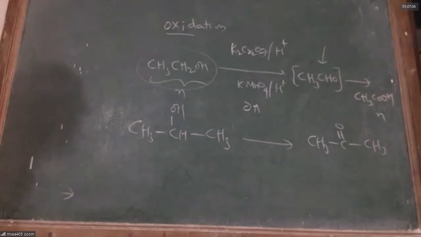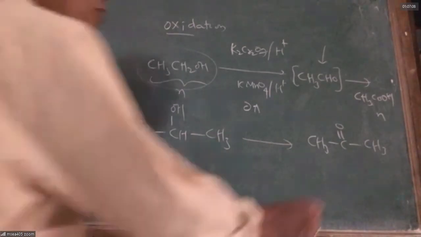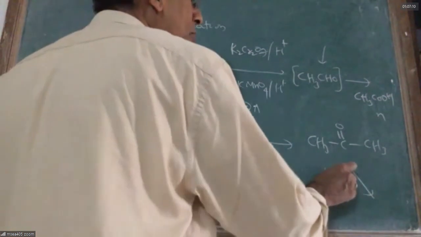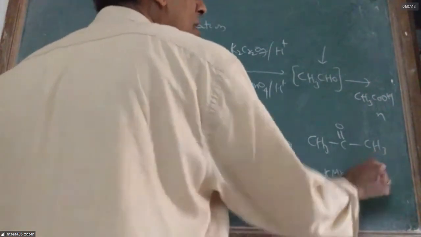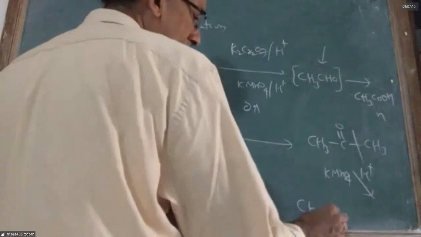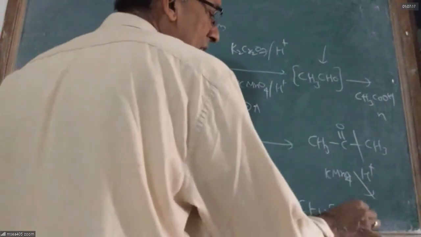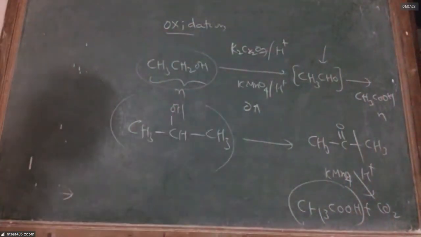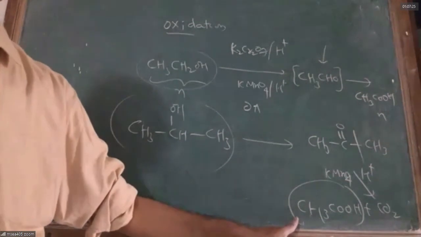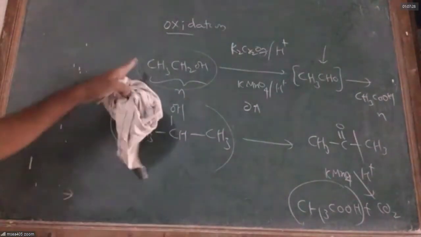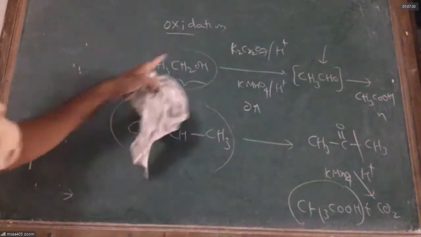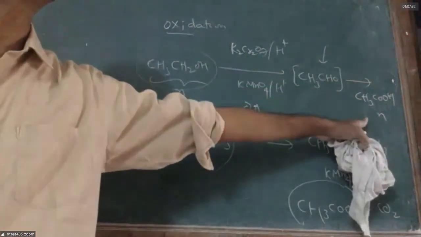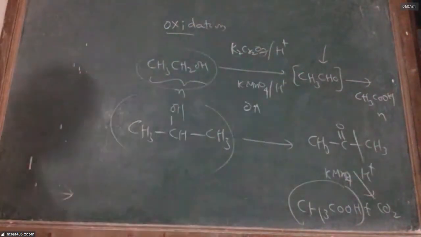Secondary alcohols undergo oxidation slowly and give ketones. If you force it with potassium permanganate and boil it, it will undergo bond rupture. You get acetic acid and carbon dioxide. At the end, secondary alcohols on drastic oxidation give carboxylic acids which have one carbon less, whereas primary alcohols easily undergo oxidation to give an acid that has the same number of carbons.